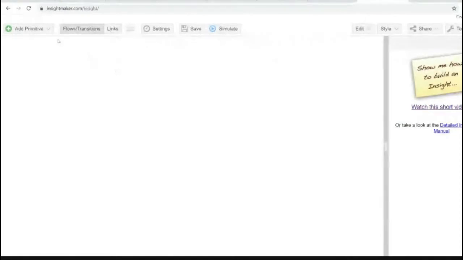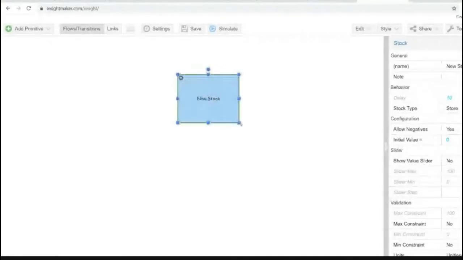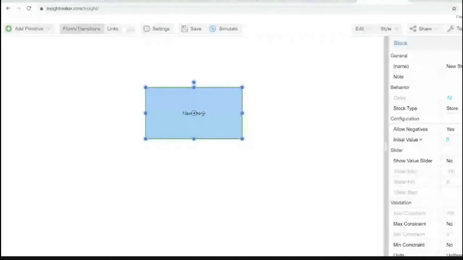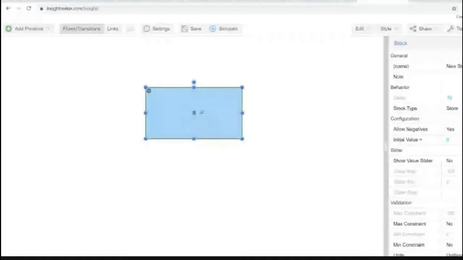So let's create a stack. Sorry, you can move that. Just tell me if it's not clear. I hope you can see what I'm doing. Let's enlarge it so it's clearer for you, since it's mostly just a rectangle. You can double click the default name, which is new stack, so that we can change the name into bathtub, because that's our bathtub model,